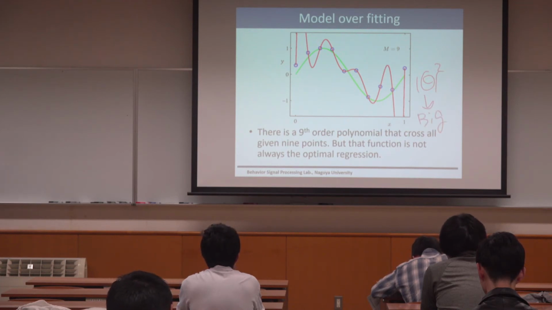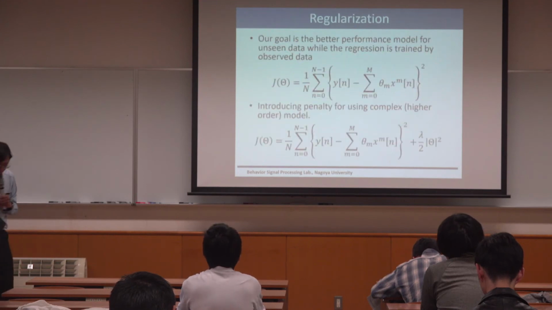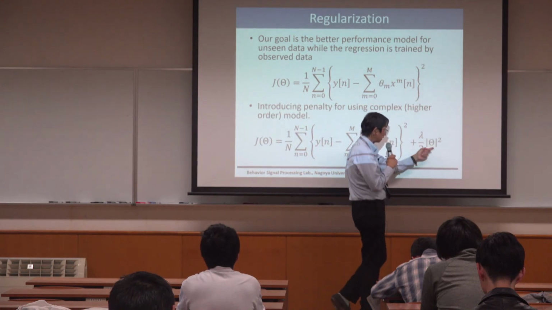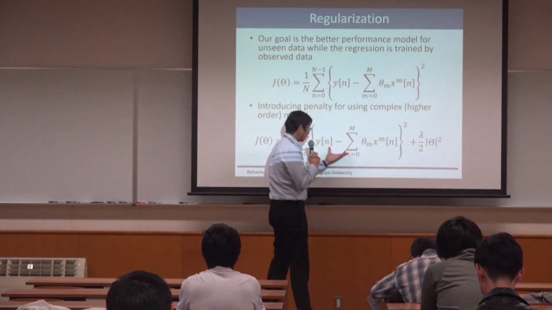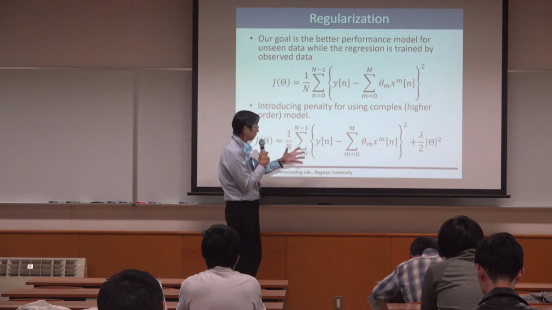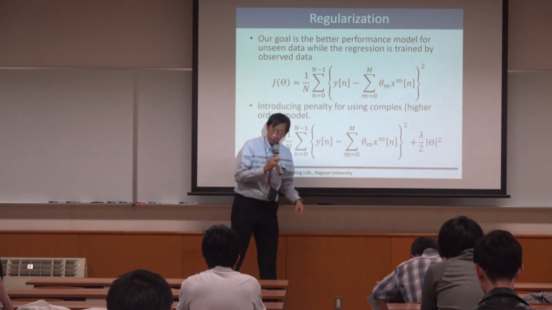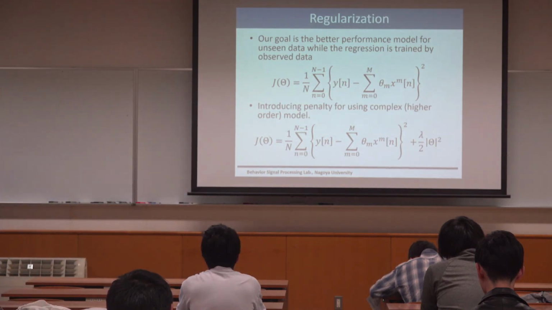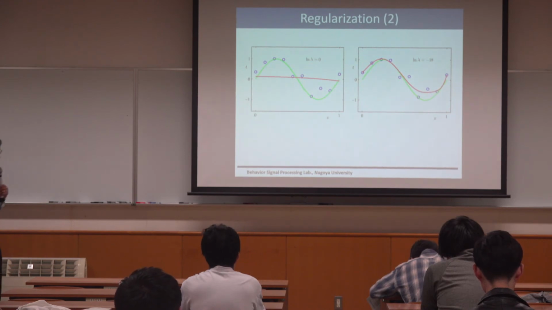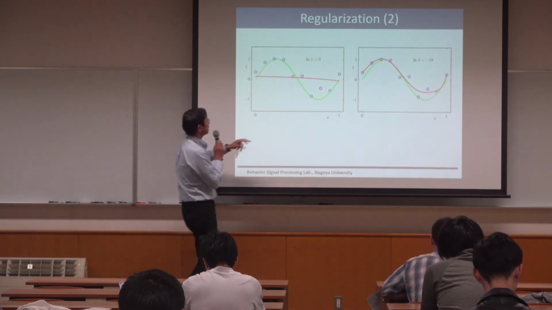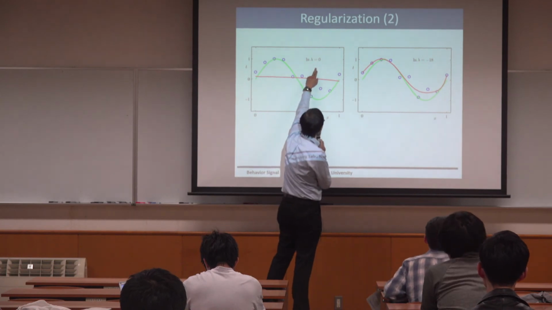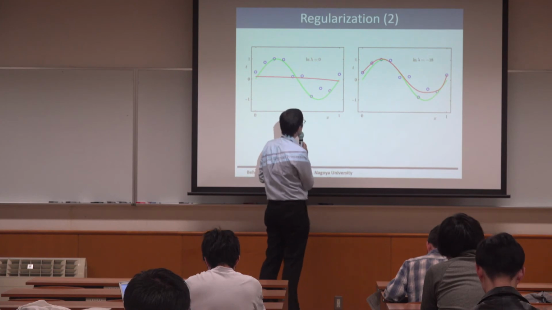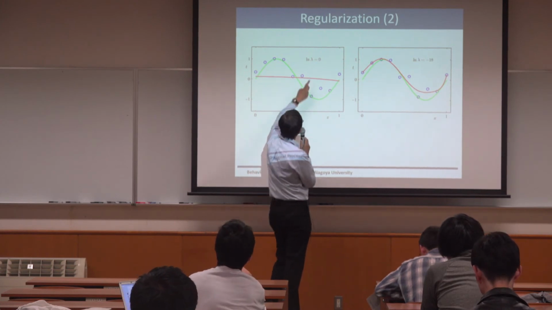So by putting an optimal lambda and summing the square of the theta into the error term, we can somehow control the complexity of the model. Compromise, like this. If lambda is equal to 0, which means that the generalization term